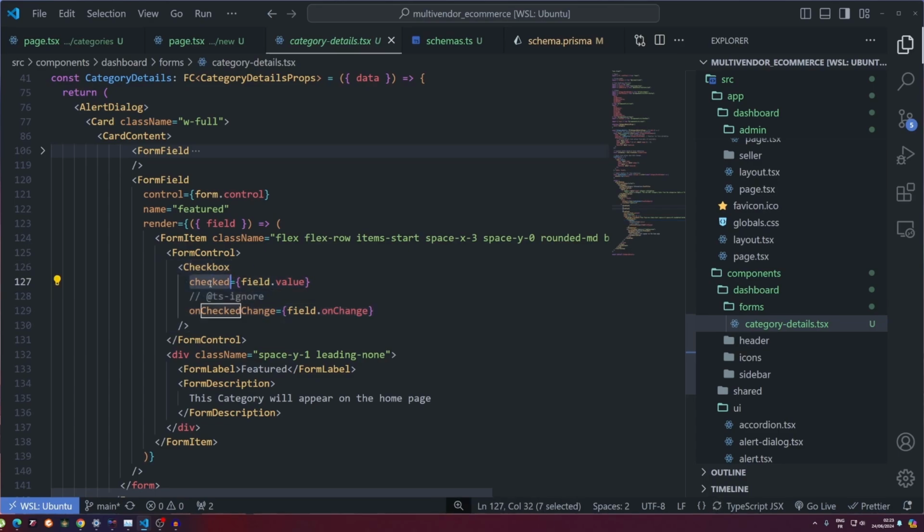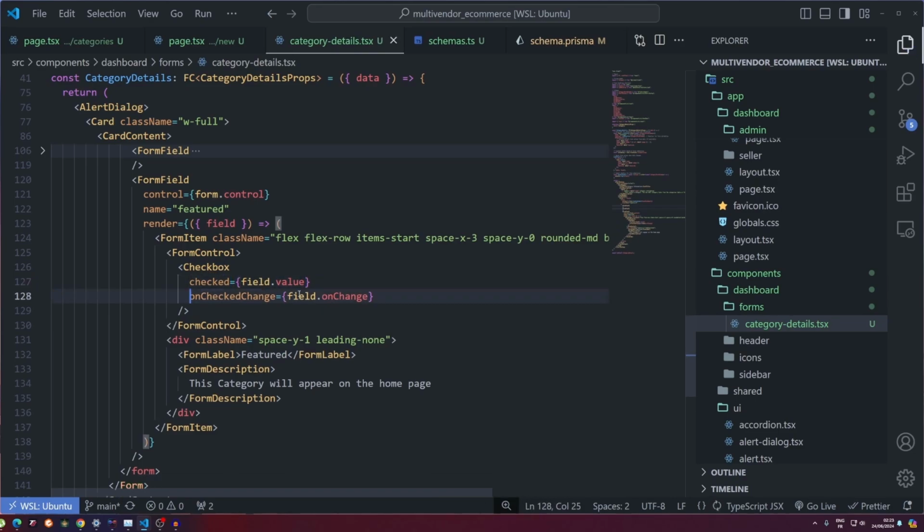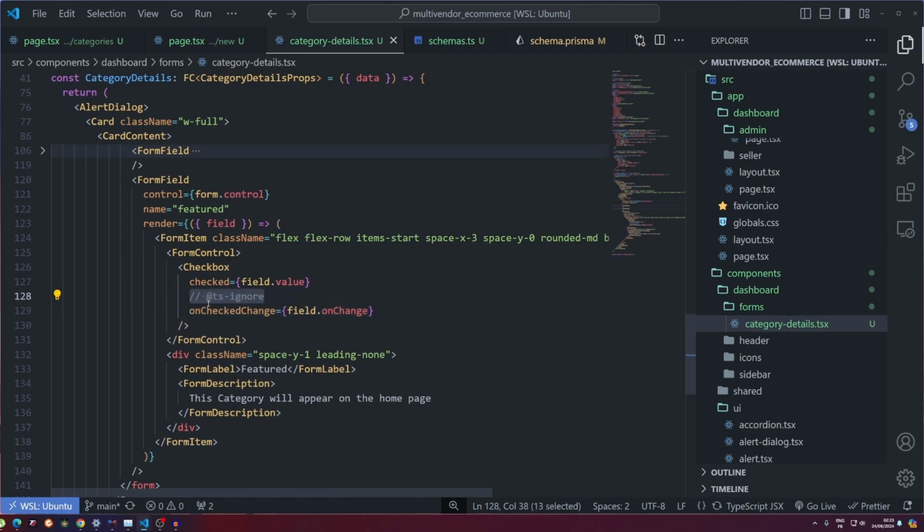So it's going to be checked if the field.value is true. If not, this is not going to be checked, it's going to be false. And of course, to make sure that we don't have issues with TypeScript, we add this annotation right here, which is simply a comment to fix that issue there. Okay, so you just add it as a comment, don't do it this way, as a comment, and then ts